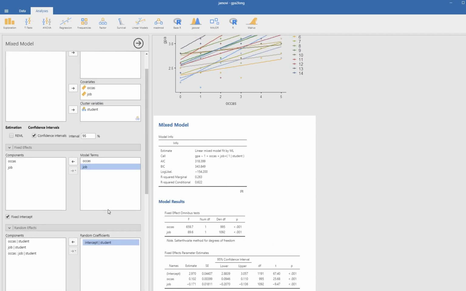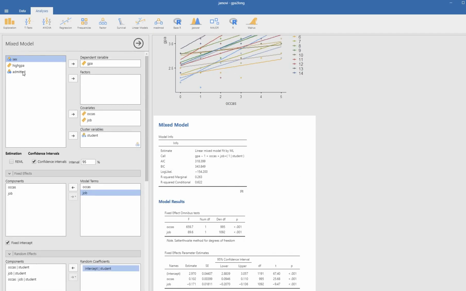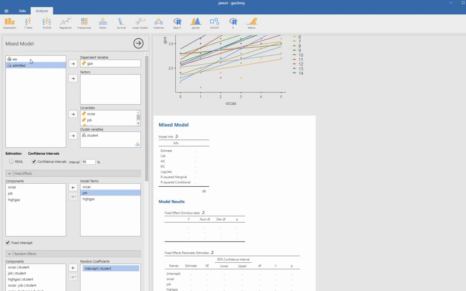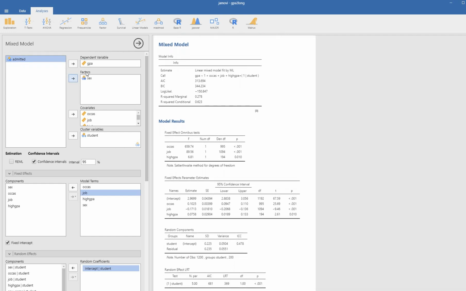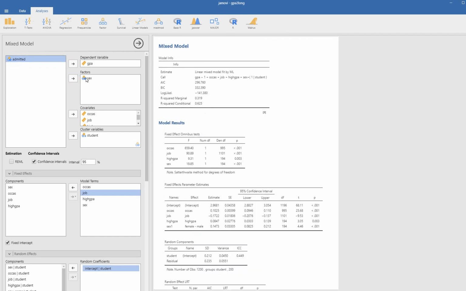So to carry out our analysis, I'm going to scroll back up and I am going to move the high school GPA down to the covariates box, and I'm going to move sex over to the factors box. Now technically speaking, I could have moved sex into the covariates box since it's a binary predictor variable. But I'm going to move sex under factors, which is going to help me out a little bit later when it comes to looking at some of the simple slopes when I'm looking at the interaction effect or the cross-level